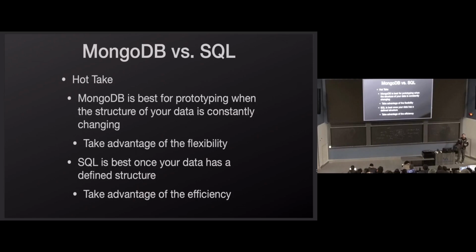If you index your tables properly, it's extremely fast, extremely efficient, especially when you have millions of rows in a table. You need SQL. You need that structure. So that's my hot take on it. They each have their place. For this course, for what we're doing, I'd recommend MongoDB. For the real world, you should be using SQL, some form of SQL.